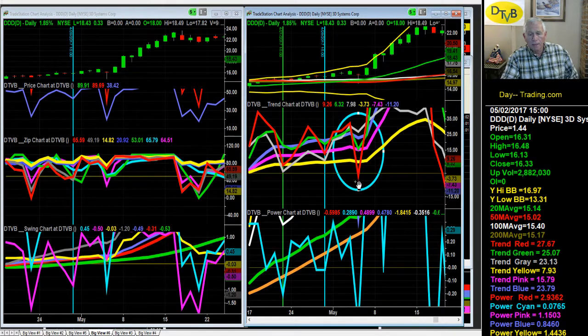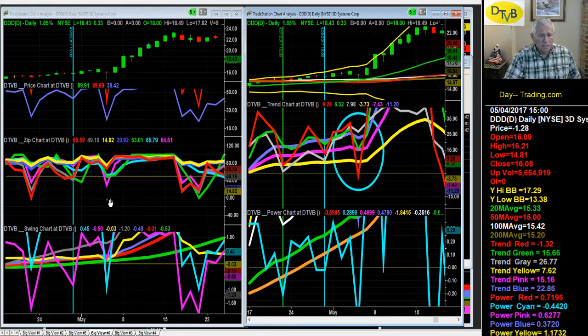Keep in mind, trend red yesterday was at 32, and trend red today is at -1. And so it dropped 33 points. That's a powerful move for trend red, and that often happens when we have these types of movements. And likewise,